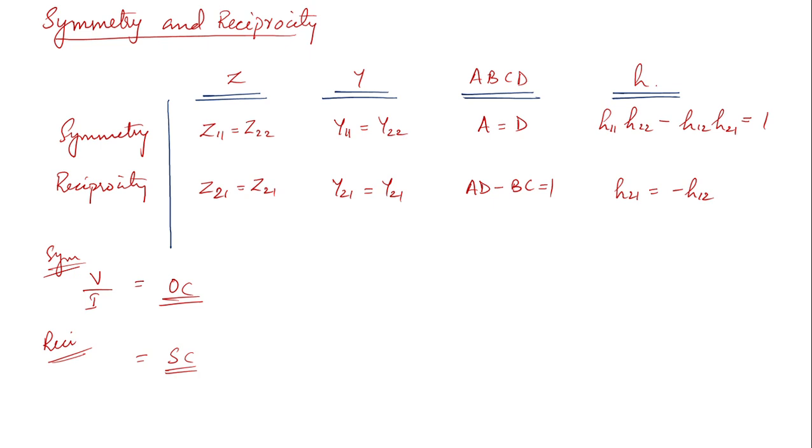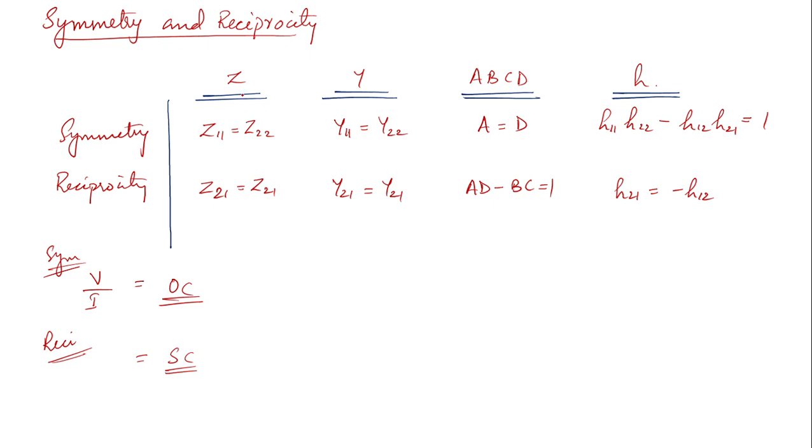One thing that you have to note is that for symmetry the ports should be open circuited. You have to take two different cases, and for reciprocity you have to short circuit the terminals of any one of the ports, and you should take two cases for that one also. And you should check that the voltage to current ratio is the same. And these are the conditions for the two-port networks to be symmetrical or reciprocal.